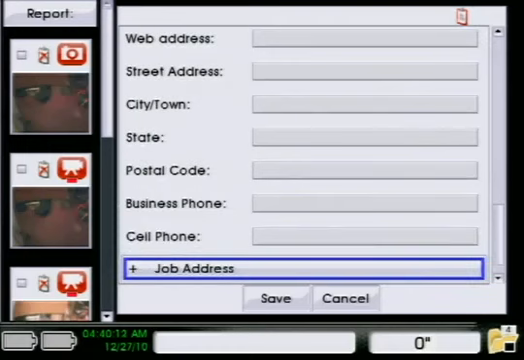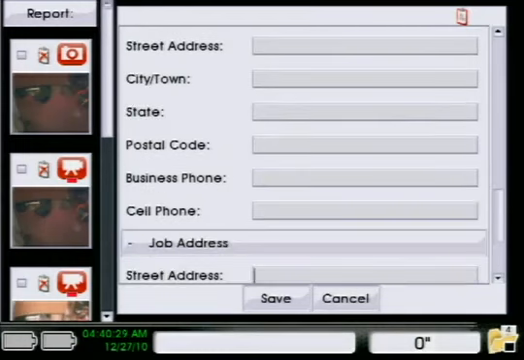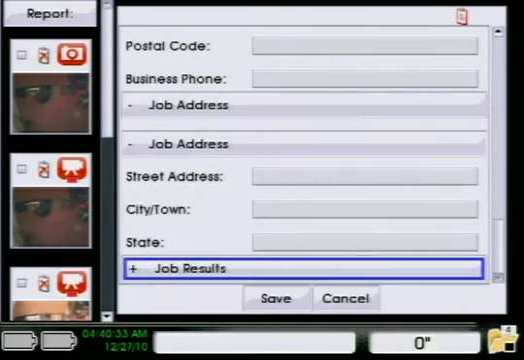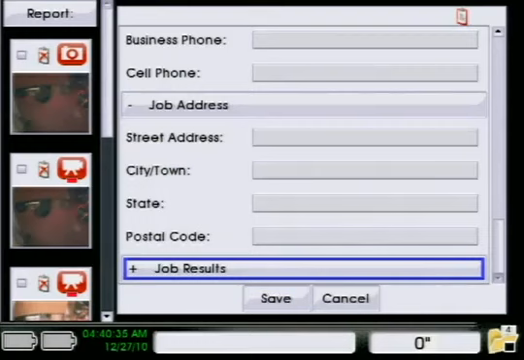Postcode, business phone. The job address, sometimes you're doing inspections for a property owner or something, so the customer would actually be the property owner and the job address would be somewhere different. But those are just your basic address fields that you can fill out for that. So we'll scroll down through that, and then the job results just gives you more details